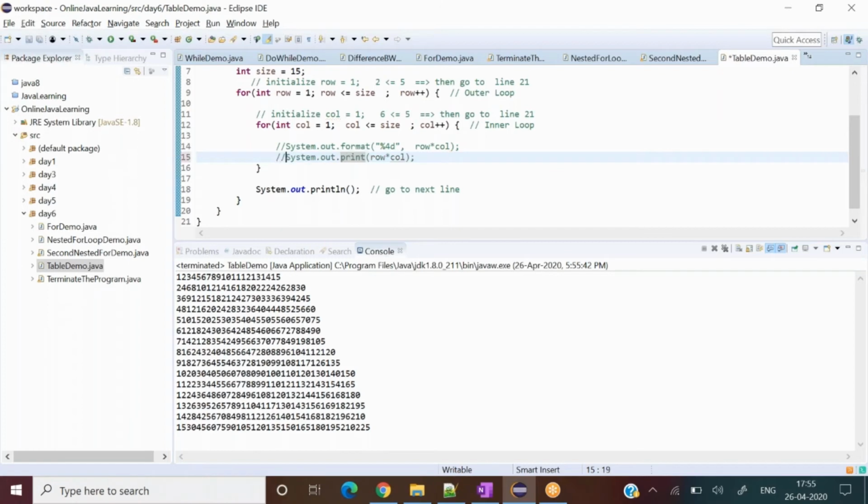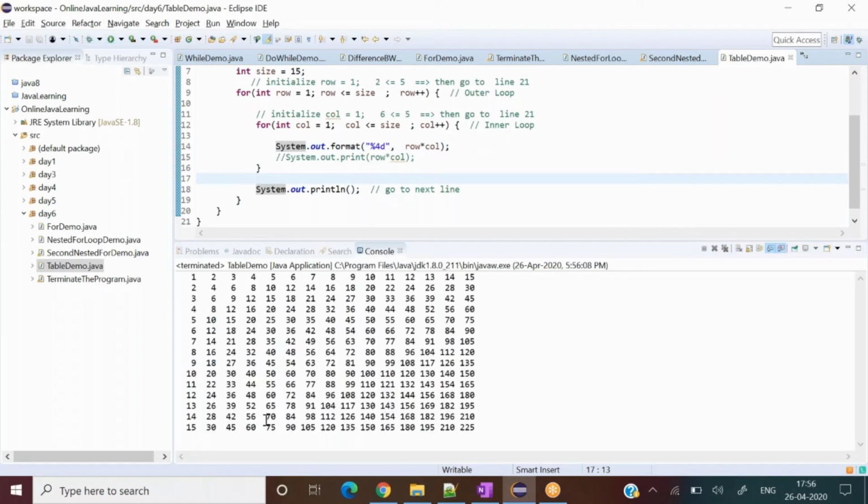What I instructed with format is to also print on the console, but if it is an integer, you can define the space: with every digit, keep 4 white spaces between digits. So this is showing me in a nicer way up till 15, right? The things are looking pretty nice now. So that is for pretty formatting purposes.